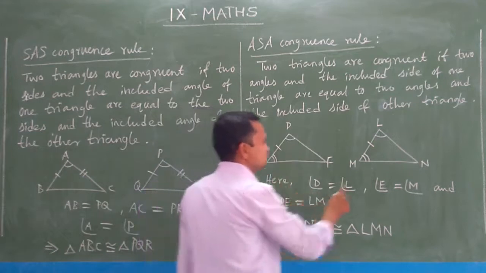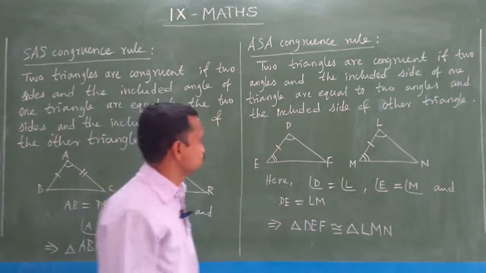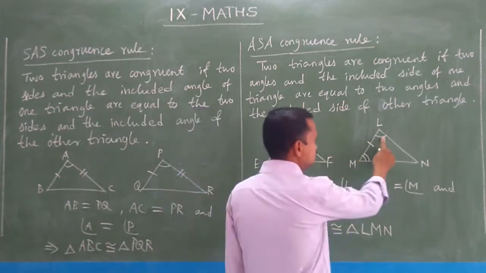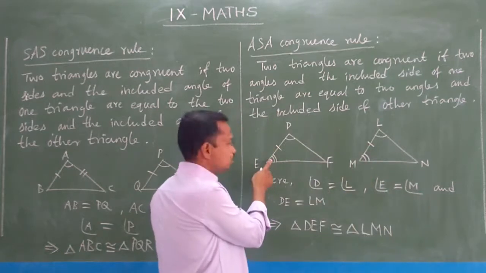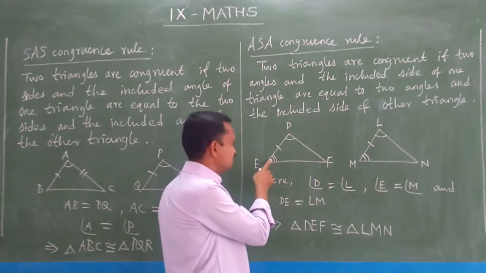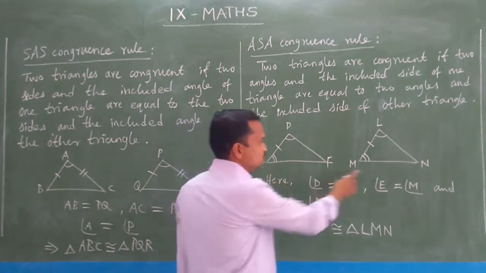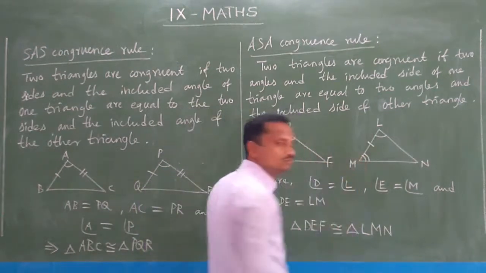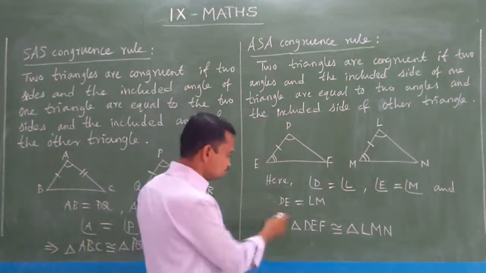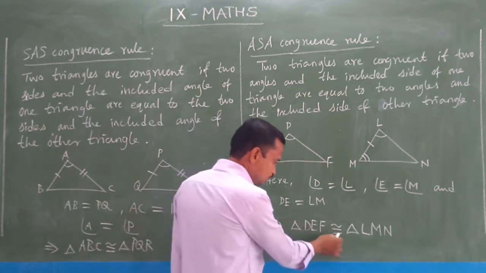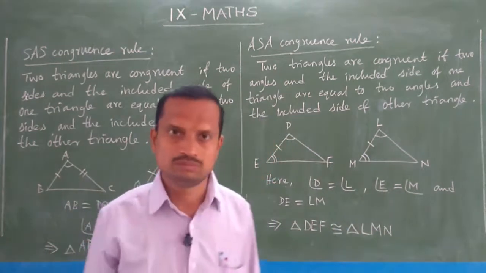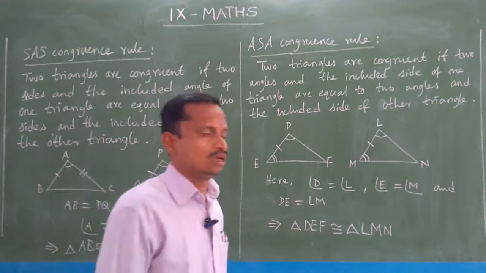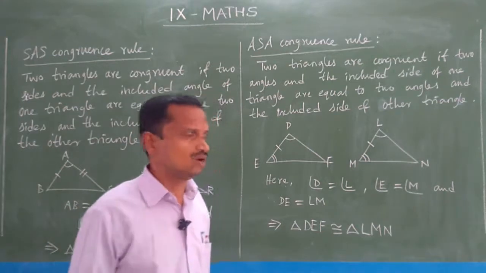You see triangle DEF and triangle LMN. In these two triangles, we have angle D, this angle, equal to angle L, and angle E, the double mark I have given for your understanding, equal to angle M, and one pair of sides, DE is equal to LM. So they are equal. So we can say triangle DEF is congruent to triangle LMN. So that corresponding part should be equal. First of all, we learned what is correspondence in the 8th standard itself. You have learned it. Okay.